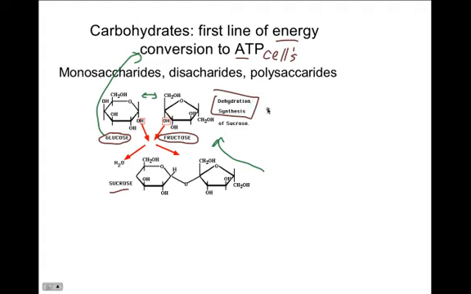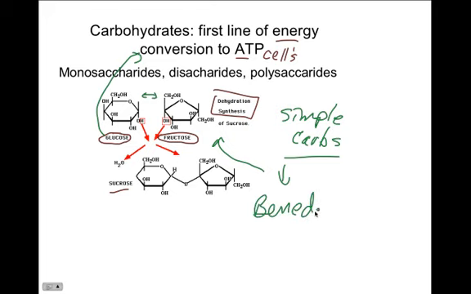But recognize that carbohydrates are going to be the first line of our energy, particularly something that we call simple carbohydrates. And we're going to see later on that we're going to use a reagent called Benedict's. And Benedict's is a reagent very similar to how iodine can determine if a starch is complex. Benedict's can determine whether or not a sugar or a carbohydrate is going to be simple. And again, we're going to see that as a color change. I'll give you more on that as the time gets closer.